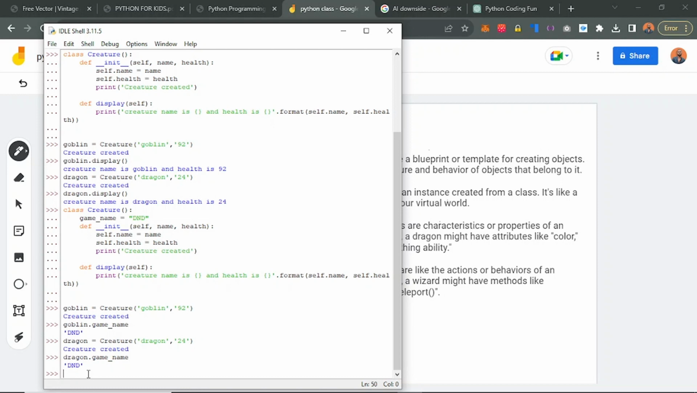So the next thing we want to understand is how to inherit from another class. Say we have a creature, and now we want another creature, let's say a livestock class. This livestock class must inherit this display method and this initialization method. So to inherit from this, we simply create another class, call it